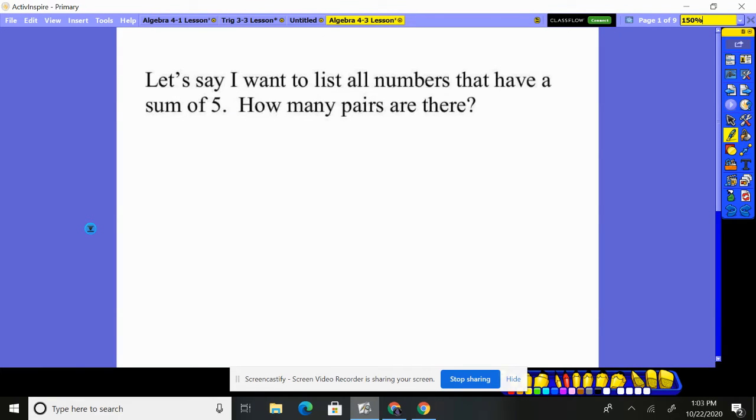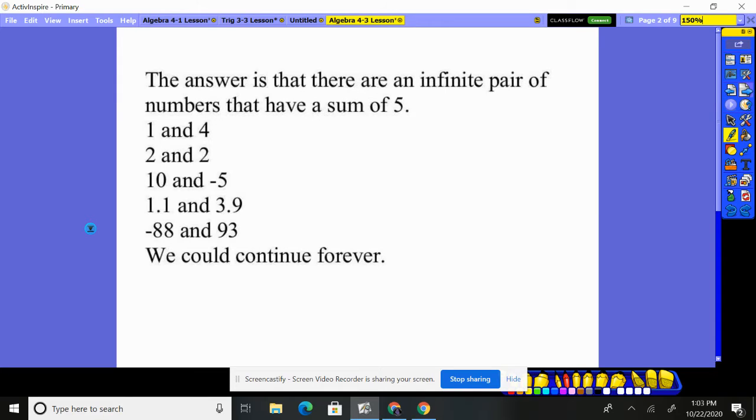All right, let's say I want to list all the numbers that have a sum of 5. Remember, that means add together to give me 5. So how many pairs would there be? 2 pairs, 3 pairs, 4 pairs, 10 pairs? What would there be? Well, the answer is that there are an infinite number of pairs of numbers that have a sum